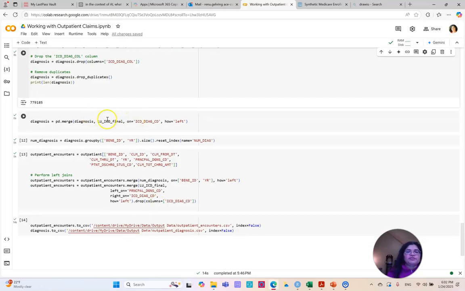With diagnosis, I'm merging in the ICD descriptor. Usually in a data model or a data warehouse, the descriptors will be kept separately to save space, but in our case, I'm putting those together. Just as I did in the inpatient file, I'm doing a number of diagnoses, and I am then merging that with the outpatient encounters. And finally, I'm saving it to a CSV because my goal is to do